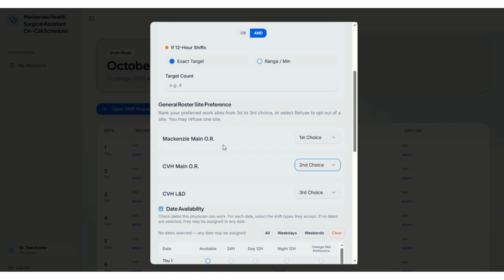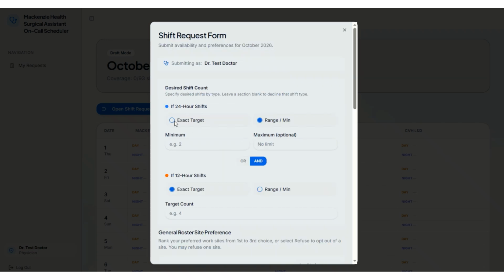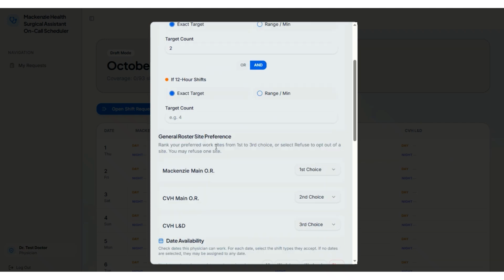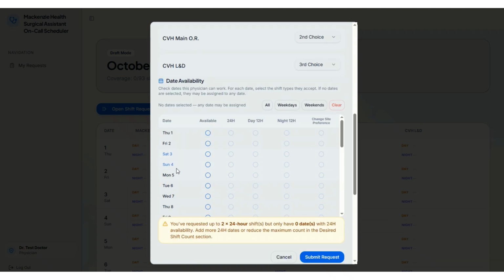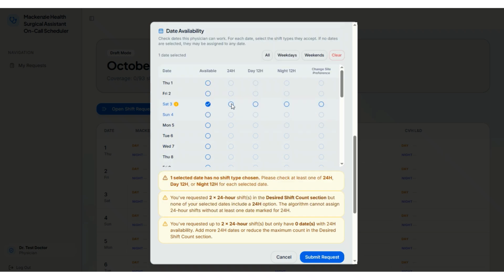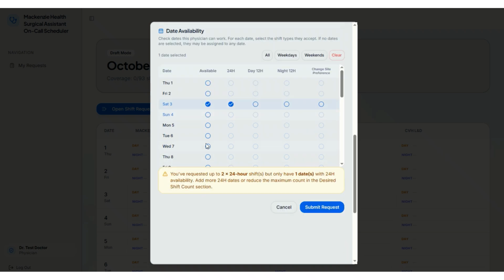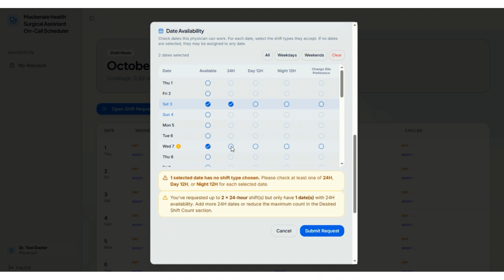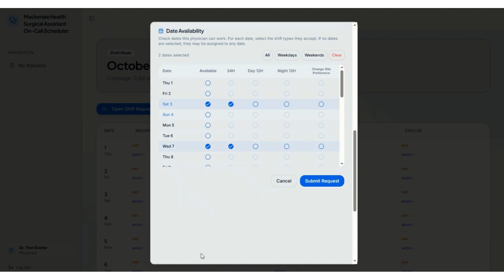The next section, well, let's enter in first of all an exact target of 2 24-hour shifts will be what we're looking for. When we go to select our dates, you'll notice that there's a warning here now. You've requested up to 2 24-hour shifts but have selected 0 dates. The system is going to continue to warn you until you have selected at least 2 24-hour shifts. So I'll choose Saturday the 3rd, 24 hours, and Wednesday the 7th, 24 hours, and now all warnings have cleared